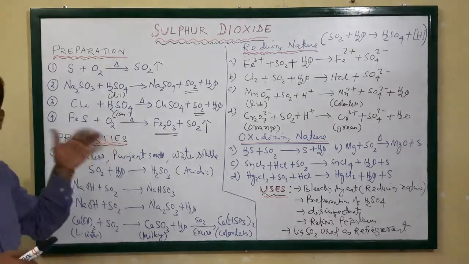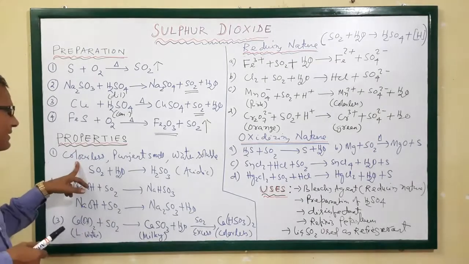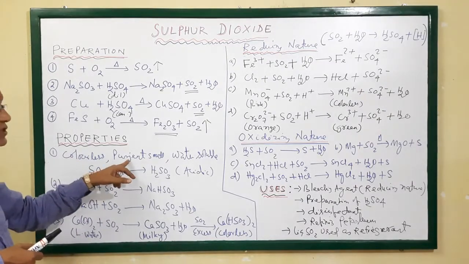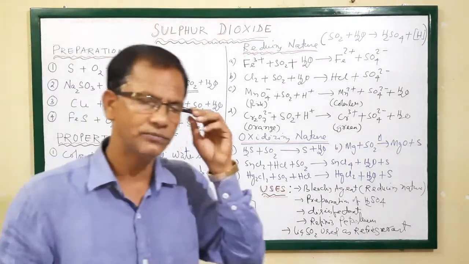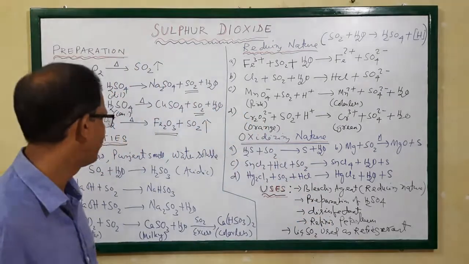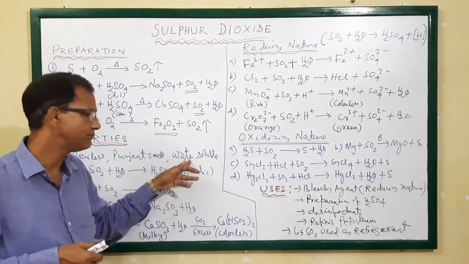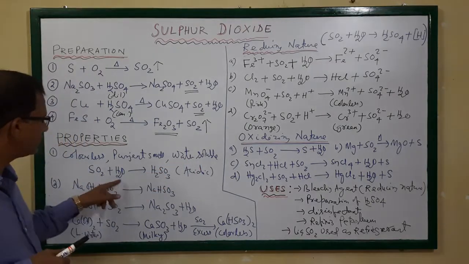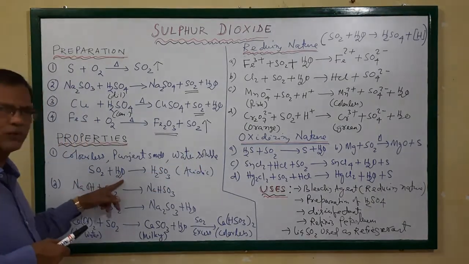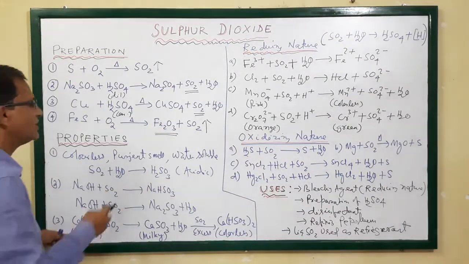What are the properties of sulfur dioxide? Sulfur dioxide is a colorless gas but pungent smelling, producing a sulfur smell, and it is water soluble. Sulfur dioxide gas is water soluble, and when it is dissolved in water, SO2 plus water produces sulfurous acid. This is called